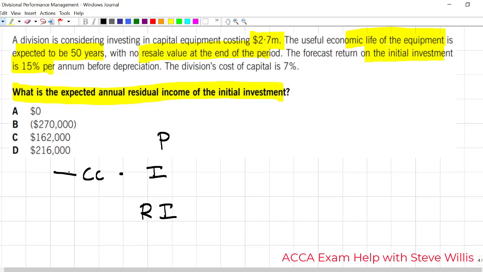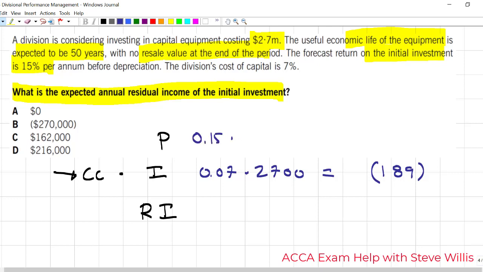So this line looks like the easiest one to start with. It's simply going to be 0.07 multiplied by 2700, putting everything in thousands, and we get a 189. We're going to make that negative. Now my profit is going to be 15% per year,